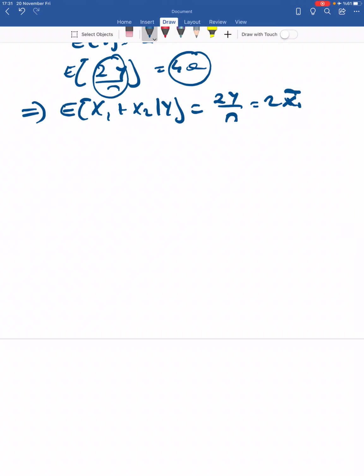Okay, so let's continue with more examples. I will solve two more questions. So basically, the solutions will be very similar to each other. Then we will see an easier way to find complete sufficient statistics when the range of x does not depend on theta case. So let x